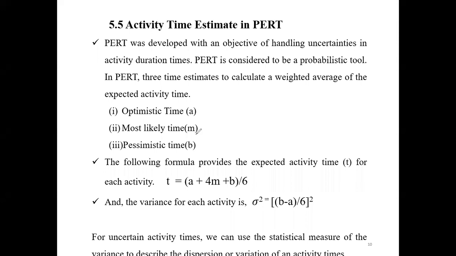That's why lecturers will give 2 weeks. In the 2 weeks, you have some other workloads. You have other Zoom lectures. You have some other lecturers' assignments. So considering all that, they give considerable time to do the presentation, the group assignment. Clear? So the most likely time is under the normal condition, considering some other works and everything, how long the activity needs to be performed. So that is the most likely time.